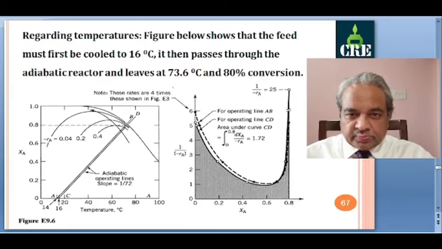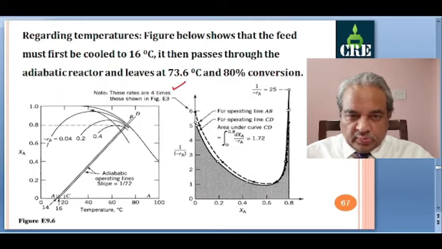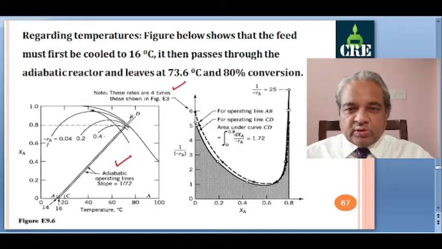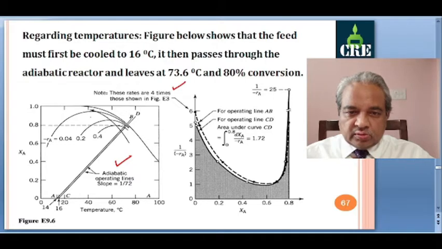So this is the figure which has been taken from this solved example. Here the rates from the charts are designed for CA is equal to CA0 is equal to 1. Here CA0 is equal to 4. So rates are to be multiplied by 4. And you find this line AB, then you shift it line CD and so on. So these are the adiabatic operating lines of slope 1 by 72 as we have seen in the previous example. So with these rates, these values are 4 times the values which have been shown on the chart of CA0 is equal to 1. The curves will not change, only these values are changing.